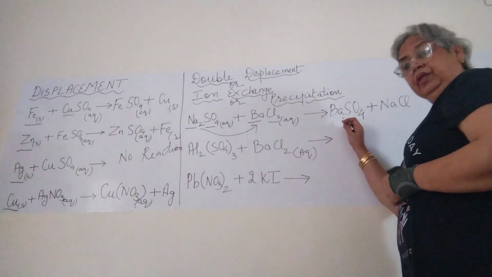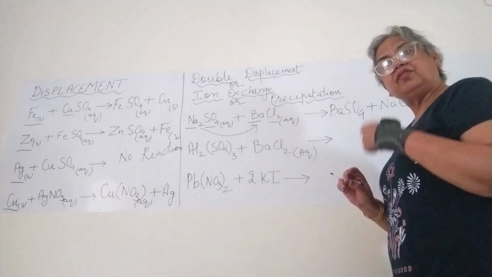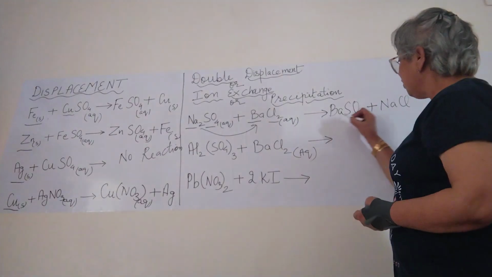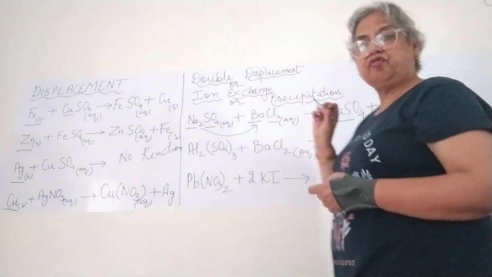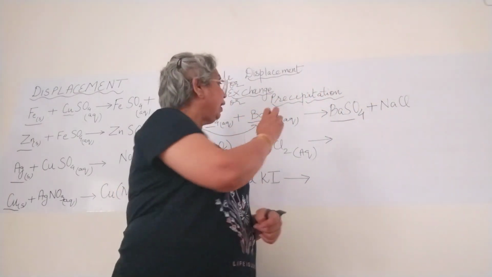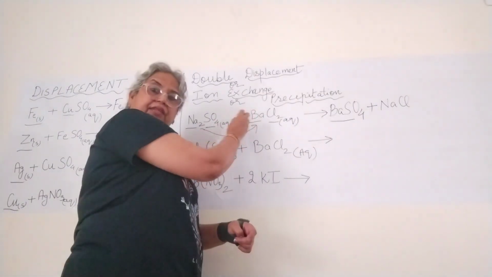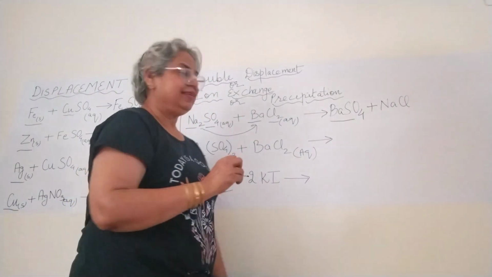So the two things have been displaced, two ions. So this is double displacement. Precipitate, curdy white precipitate of barium sulfate is formed. So it is a precipitation reaction, and as the ions have been exchanged, this is also called ion exchange,